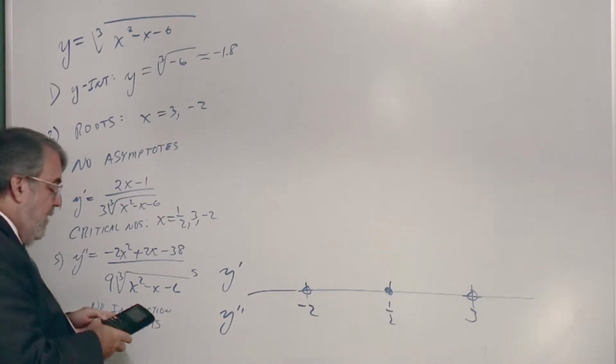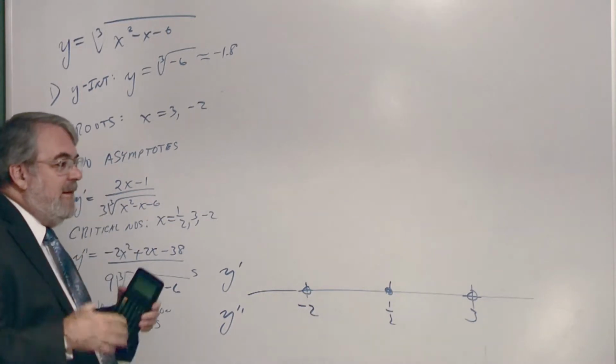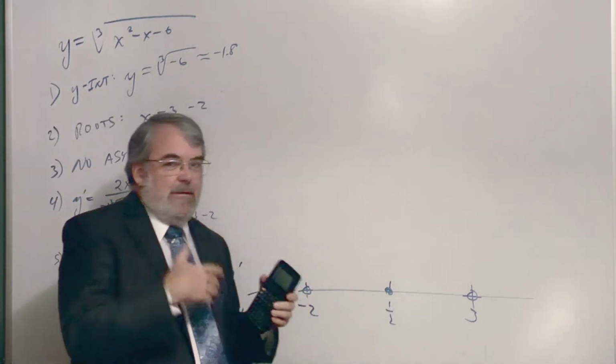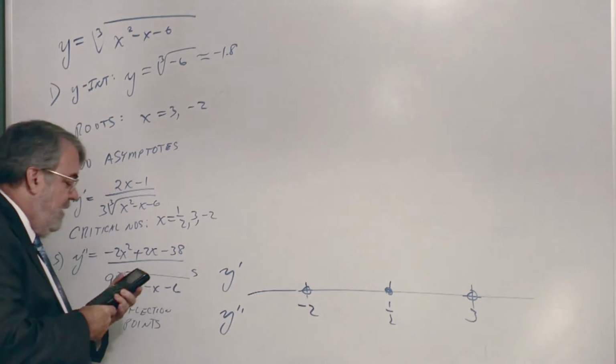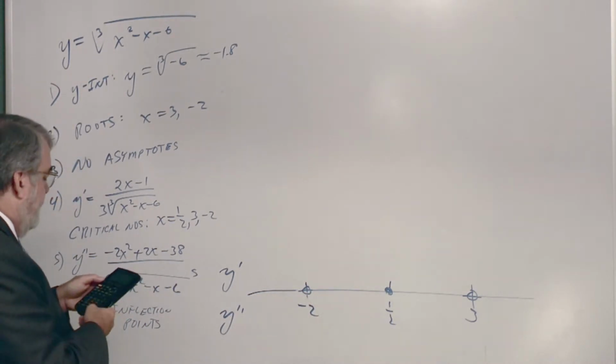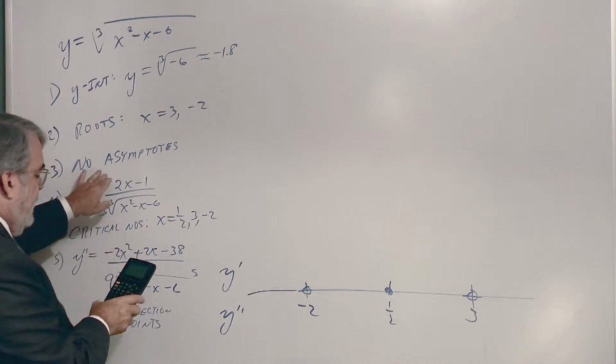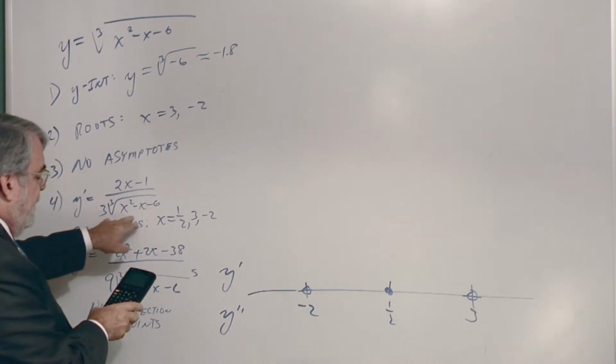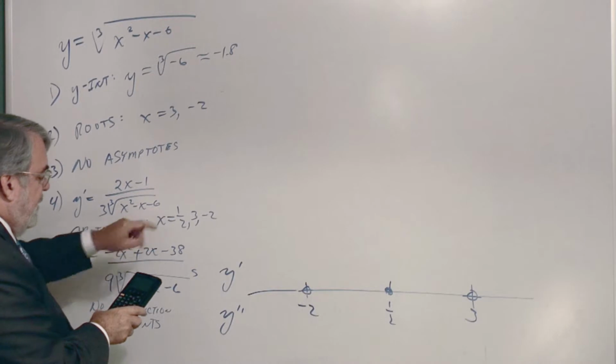All right. I would show you my calculator screen, except I've got the focus on manual. It won't focus on the camera, and I don't want to mess with that. So 2x minus 1 in parentheses divided by 3, also divided by x squared minus x minus 6 to the 1/3